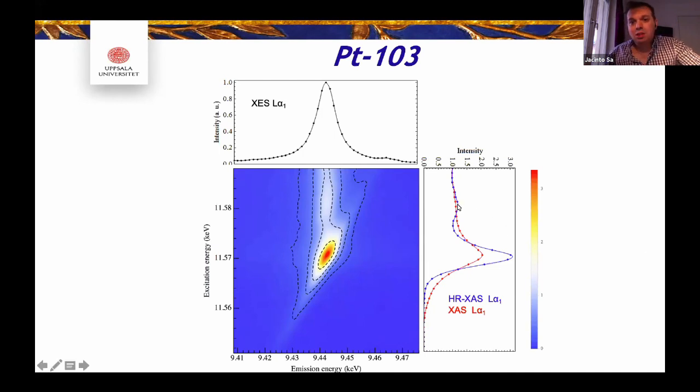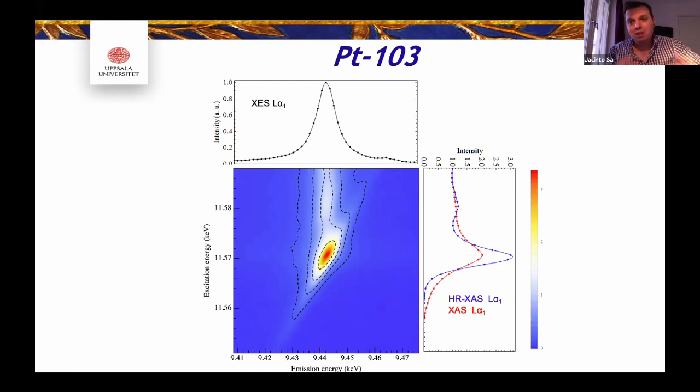This peak here is almost invisible on the normal X-ray absorption. And you will see that this is quite an important show. And also the white line is quite small because platinum is a D9. So then you have basically here a D7 in terms of the oxidation state, which means that if you have